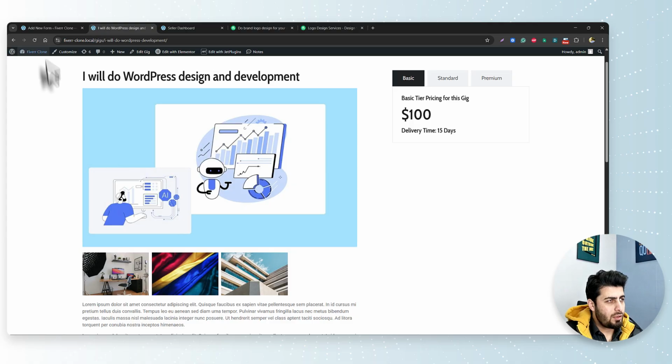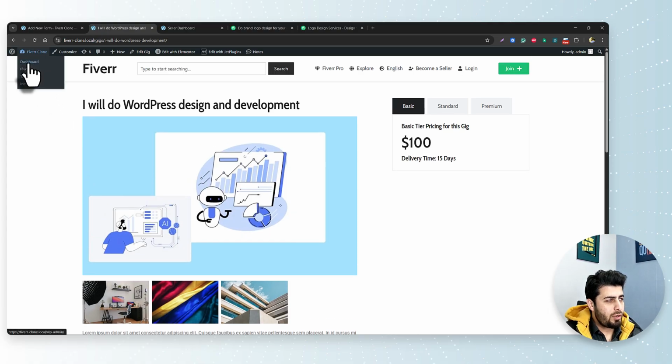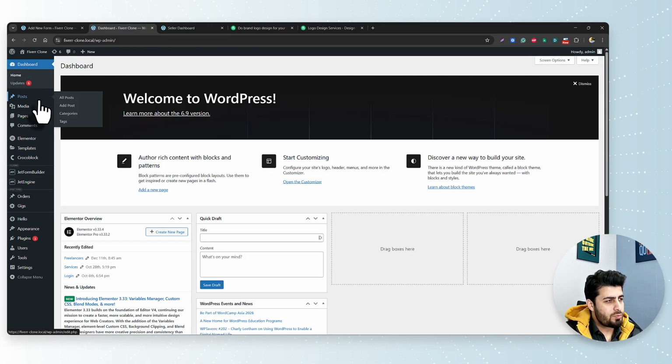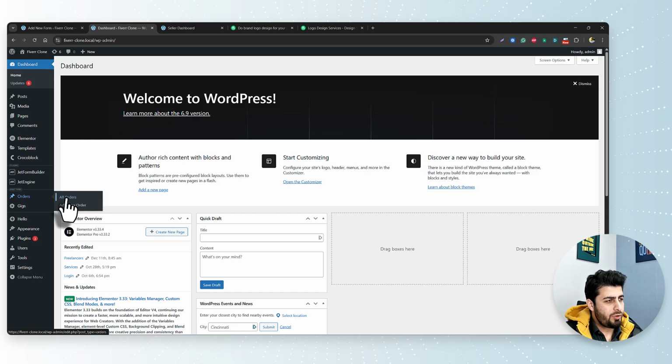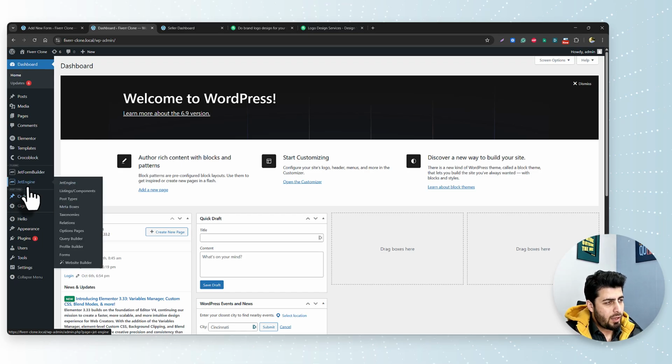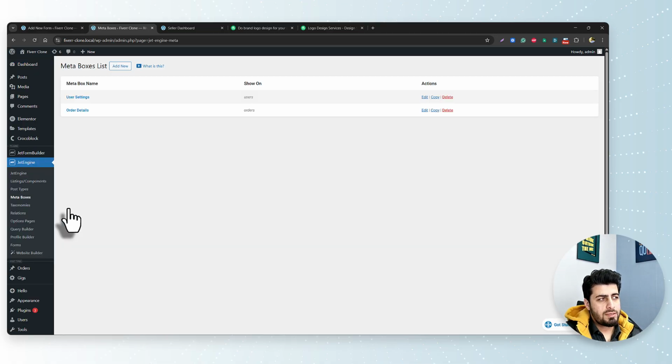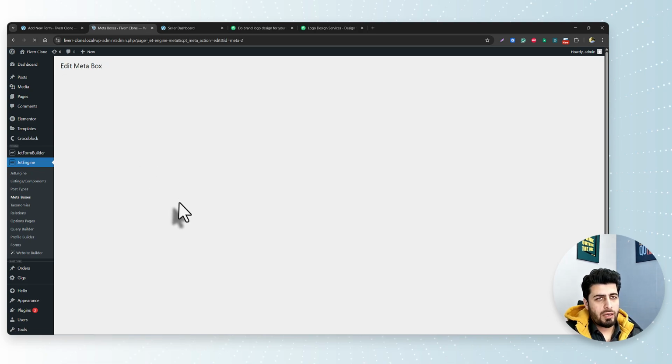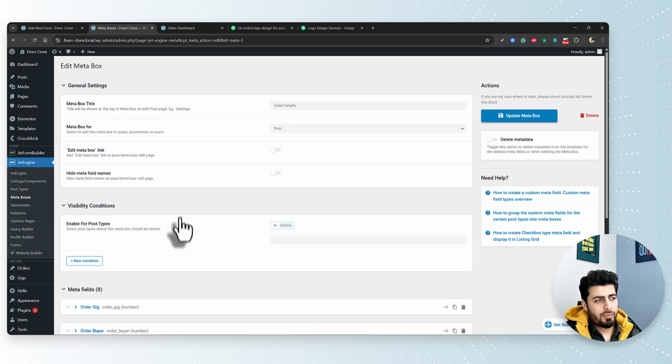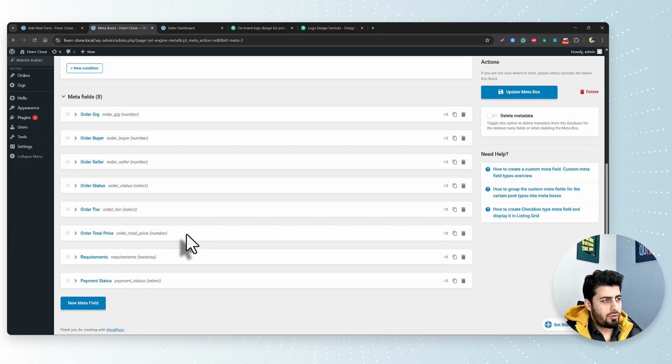The thing is that I'll have to go ahead and go to the dashboard, and inside the dashboard we can see here that we do have an existing CPT by the name of orders. And if we go ahead to the meta boxes, where we can see the custom fields for any of the CPTs we have in the system, we can see how many fields and what sort of stuff is there. I just need to remind myself and clear up my memory. So what we have right now is